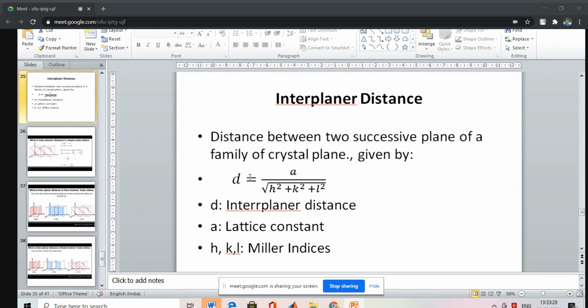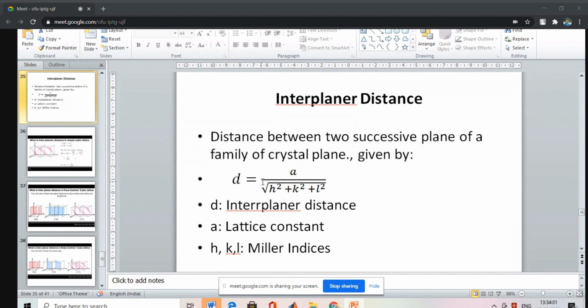And according to the arrangement of the atoms or additional atoms in SCC and BCC, there are additional planes. In BCC, a plane is added in the set of 111, and in FCC, a plane is added in the set of 110. So in these two cases, the interplanar spacing for that respective set of planes will become half of the SCC.